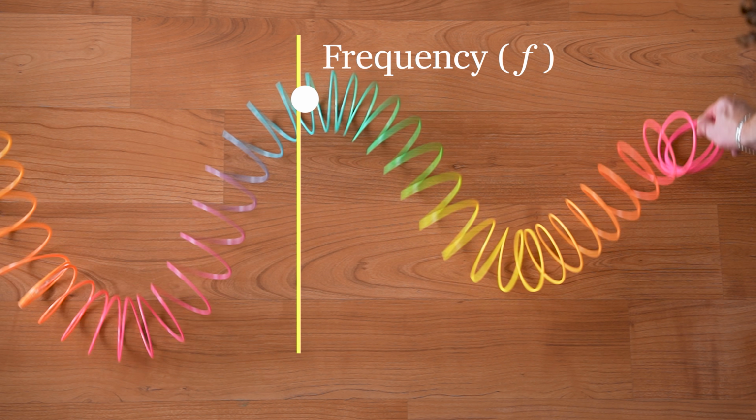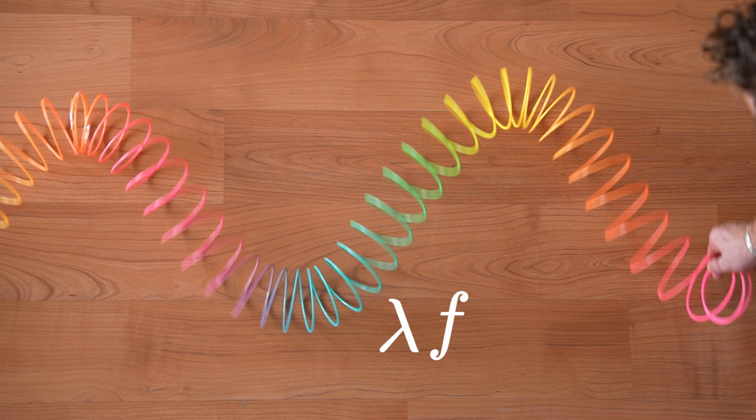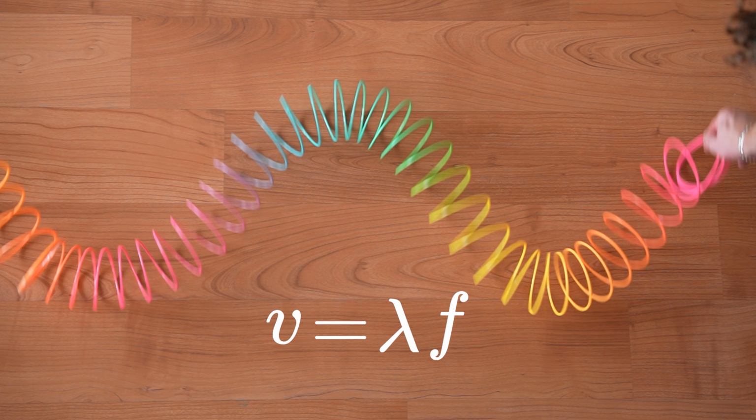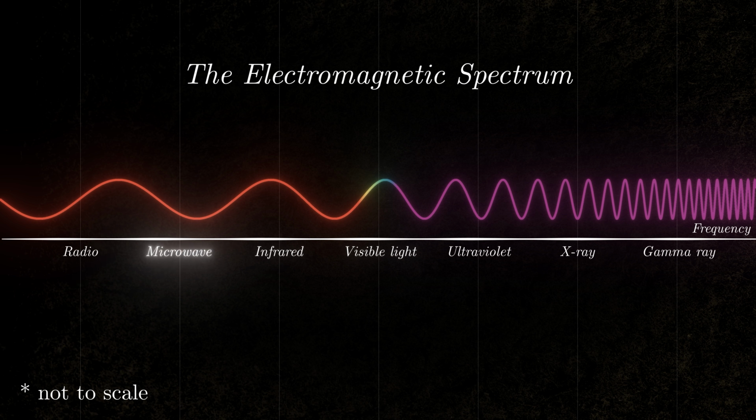So if you know the number of peaks that go by, and you know the distance between those peaks, well, by multiplying the two together, you get the speed of the wave. The formula is that the speed is equal to the wavelength times the frequency. In Smith's case, he needed to emit radio waves, and they sit on the electromagnetic spectrum, alongside microwaves, infrared, and